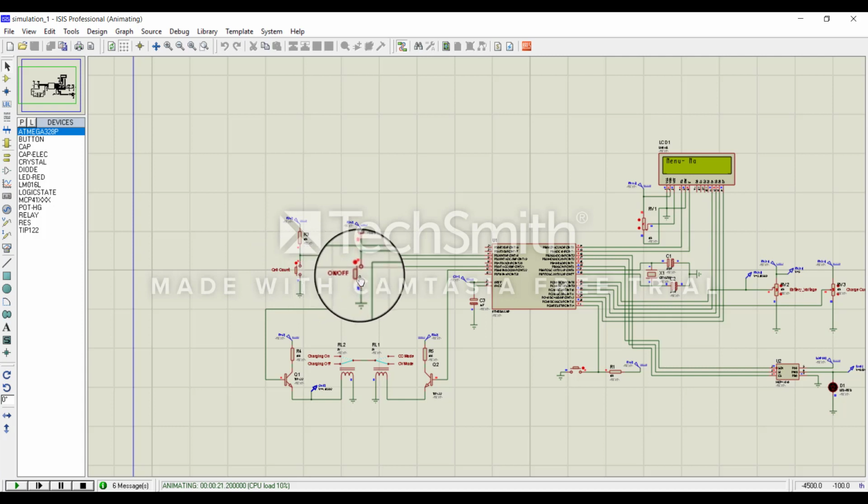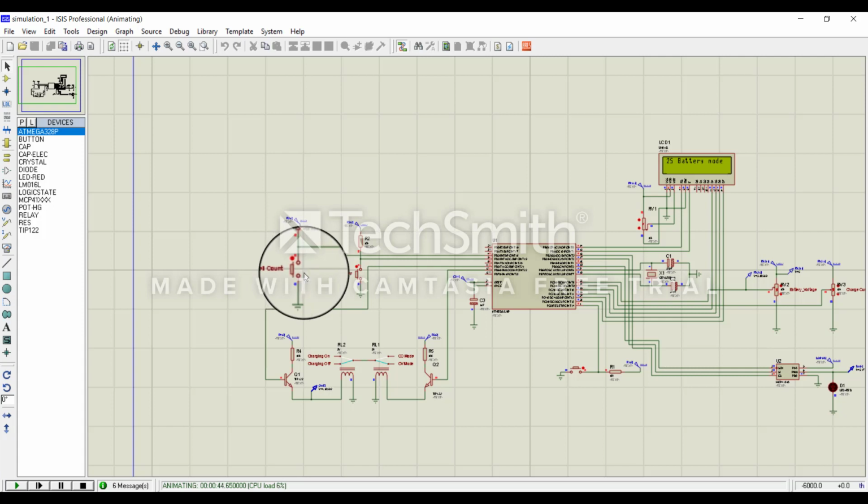First, of course, we have to set the cell count of the battery. So we will set the cell count. On the first push it will say 1S battery mode. Then it will again show you the menu options. If you press the button again, the battery will be set to 2S battery mode.